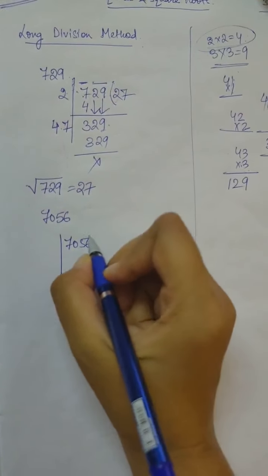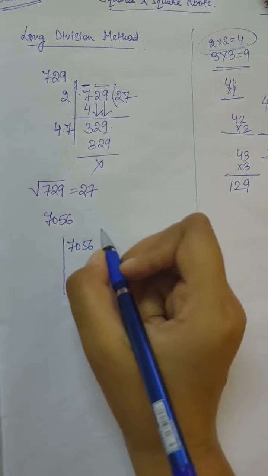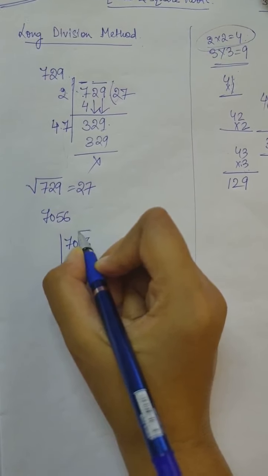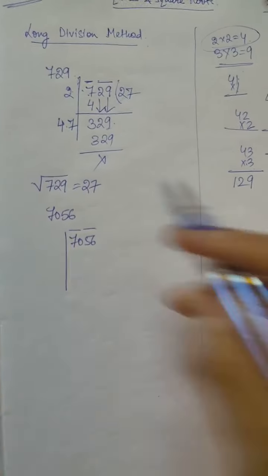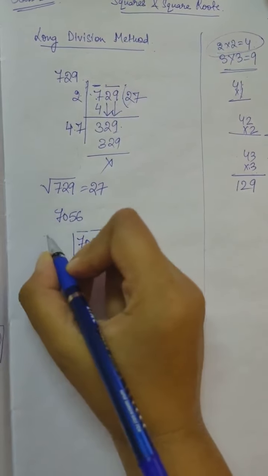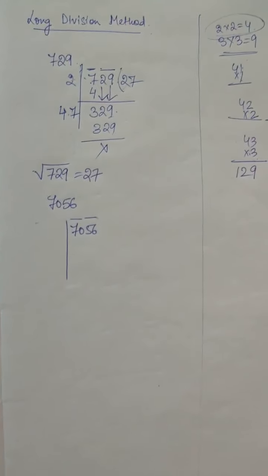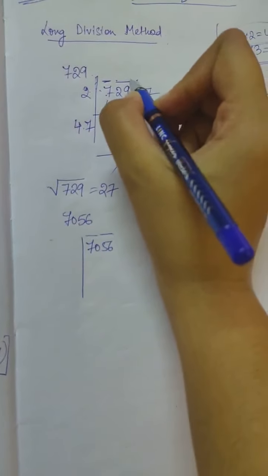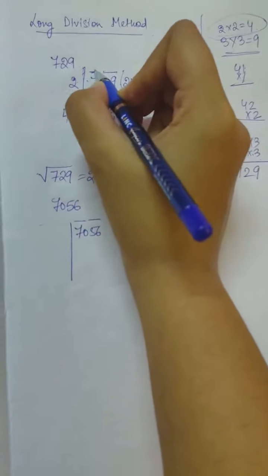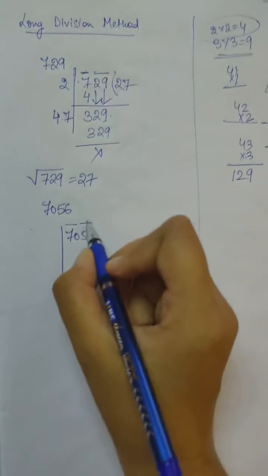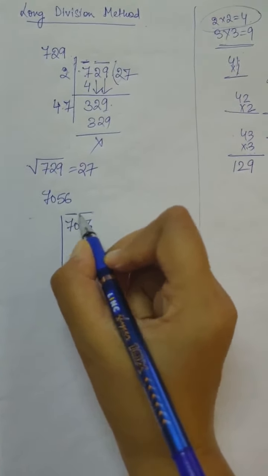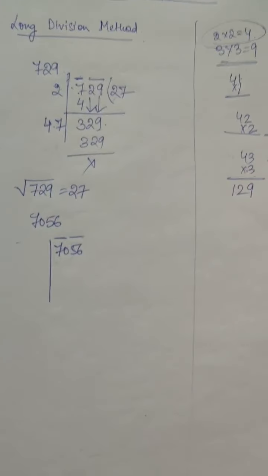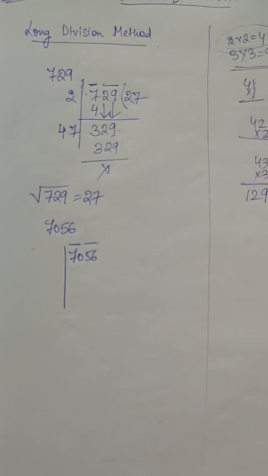So see, at first you have to start taking from this side. So from this side you have taken 2 digits, then again we have 2 digits, so take the 2 digits. You have to start taking 2 digits at a time from this side. So here what happened was, after taking 2 digits only 1 digit was left, that is why I have taken 1 digit. But here we have 2 digits again, so we will select 2 digits again. Okay, so now we will first take 70 together, because both of the numbers are selected together.